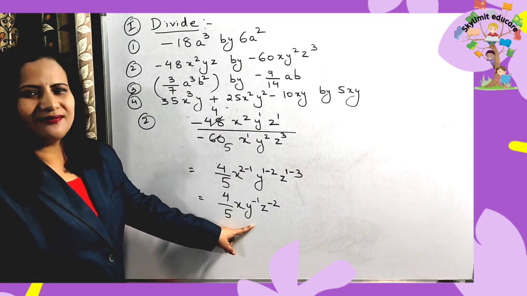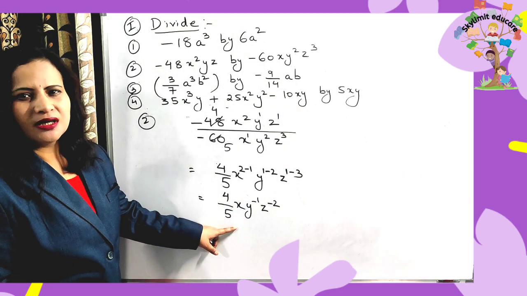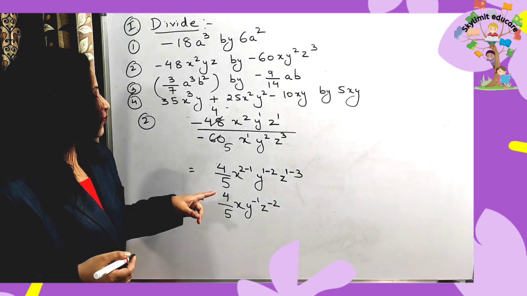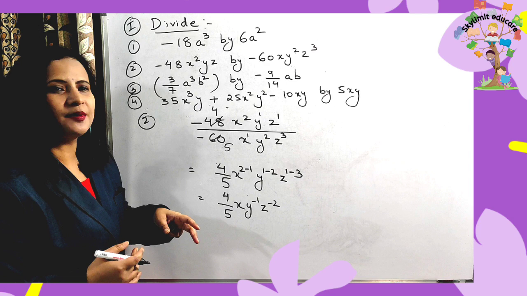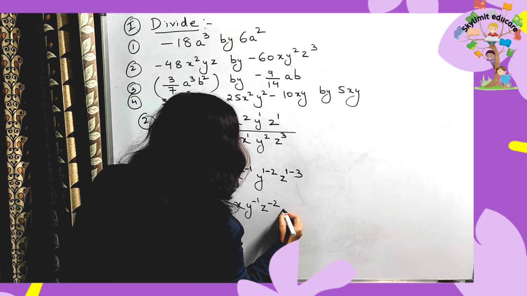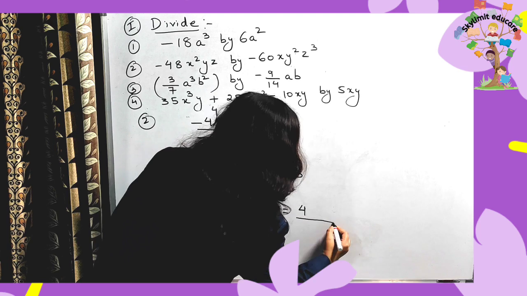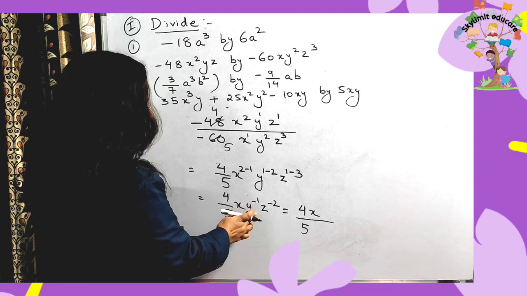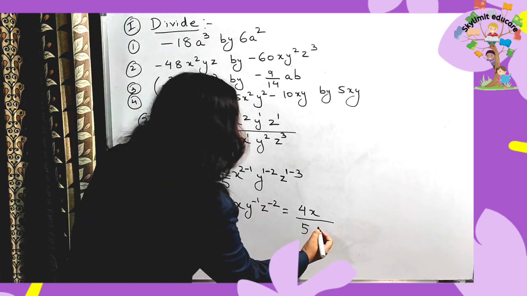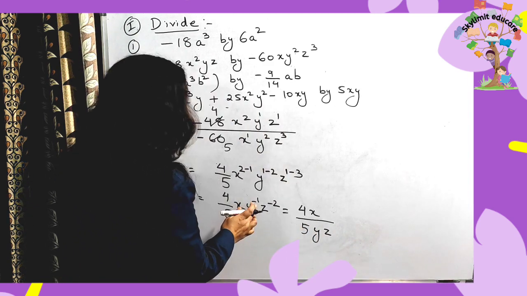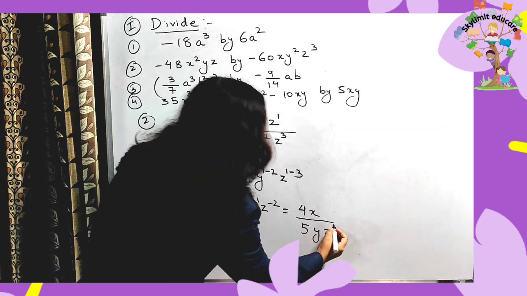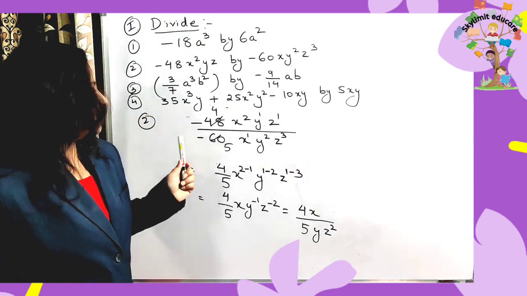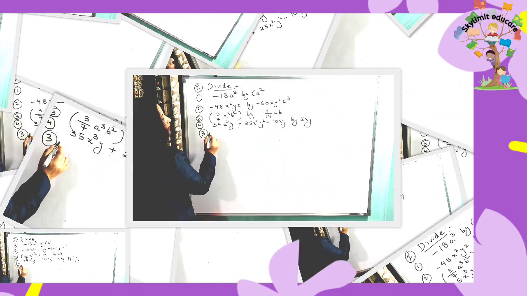Now you can't keep your answer like that. You have to make your answer positive. So how can you make it positive? Remember the laws of exponents. One of the laws says that if the power is negative, shift to the denominator, and it becomes positive. So here, just see it. 4 in the numerator, 5 in the denominator. X is positive, I will keep x. Now both y and z are negative, so I will shift them to the denominator. For y the power becomes 1, no need to write 1. But for z the power is 2. I think the idea is quite clear with everyone. Let us go to the next question. Here also I got a division.